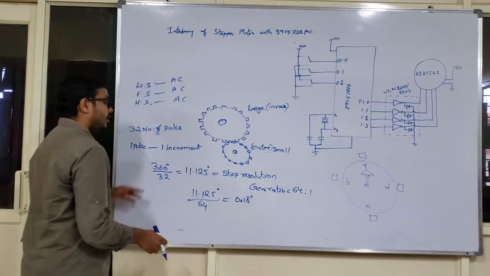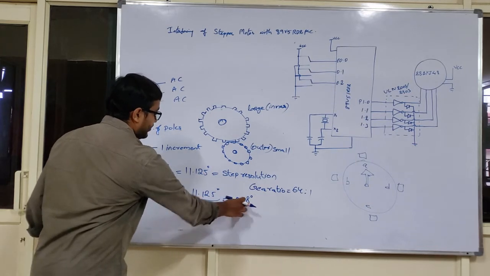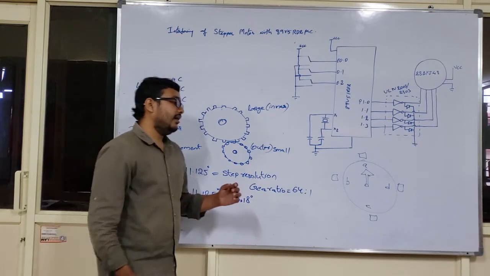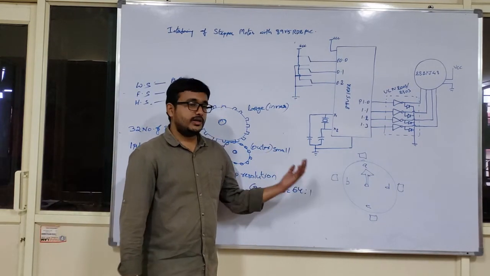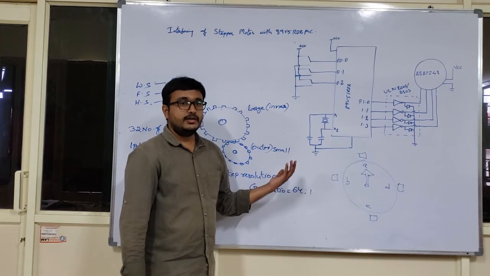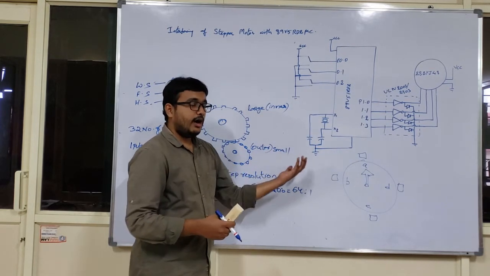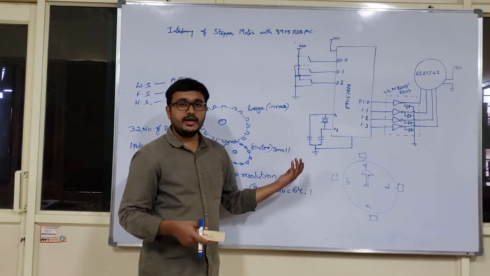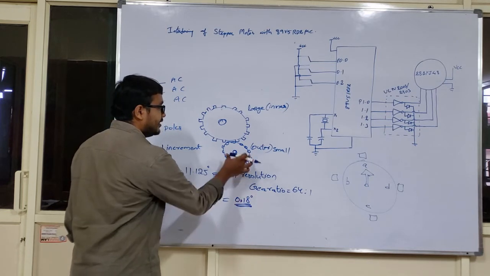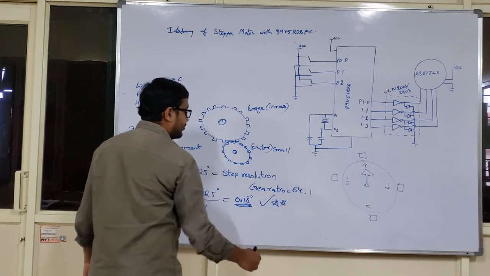Okay, so all this data I am discussing here, this is my important point: 0.18 degrees is my important point now. Previously I discussed a concept like if your robotic arm wants to have 45 degrees in anti-clockwise direction like this, that means the stepper motor is the one that will be taking care of it. How to do the programming in the 8051 by using the 8051 microcontroller? This value of 0.18 degrees, that is the outer gear step resolution, is the important one, which plays a significant role in the programming.